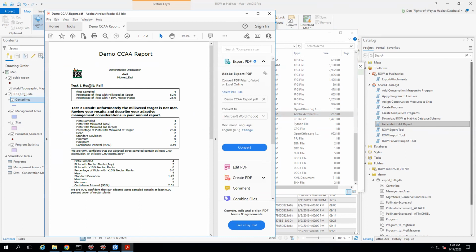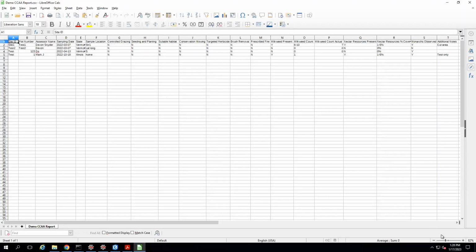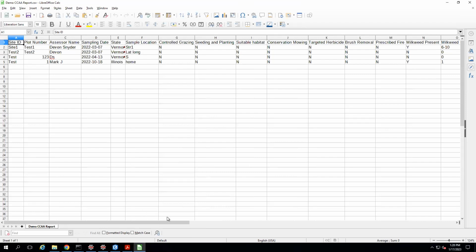But here are the two tests. We failed the first one, but we didn't meet the second one either. So we failed both of them. And here's some of the backup information on some of the statistical stuff that was generated by the report. The CSV, we'll take a real quick look at that. I mean, there's a row per pollinator scorecard point, I think, is what's